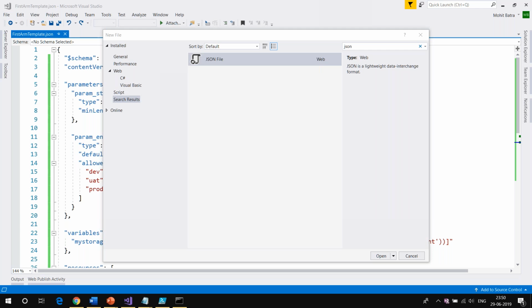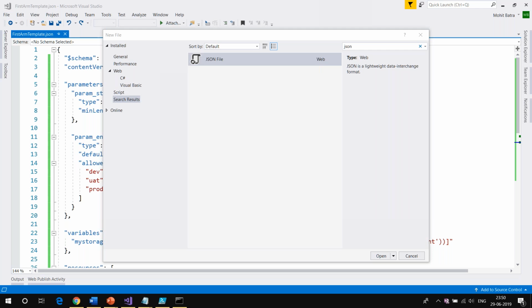But from a demo, in fact from a course perspective, I'm going to show you most of the things in the UI so that you understand what are the options which are available. If I straight away start using the code, you will get confused. That is why I showed you today as well, first how to create a storage account via the UI, via the portal. Then I showed you how to do it via ARM template.